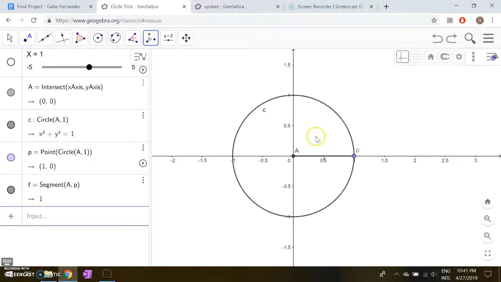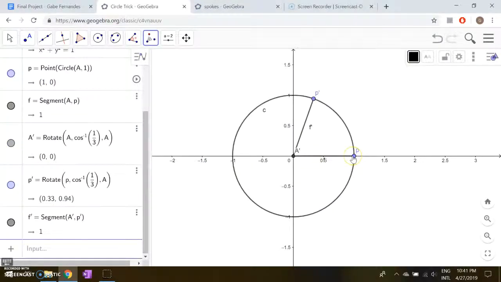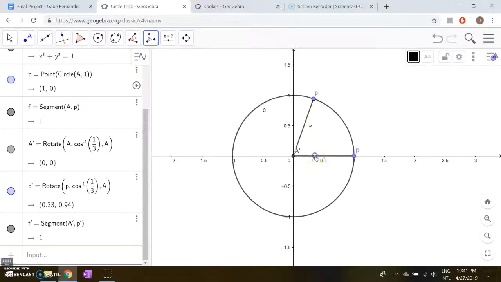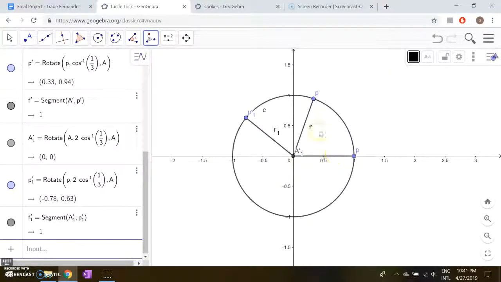And let's define rho to be a counterclockwise rotation for this radius of arc cosine of 1/3. So applying it once will move our radius to here. And so we can just continue to apply this. So here we'll have 2 of those. And as you can see, this is applying rho twice.